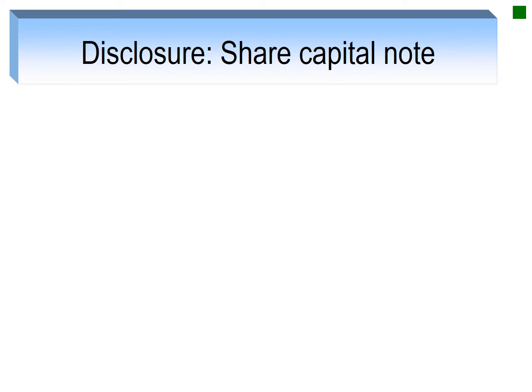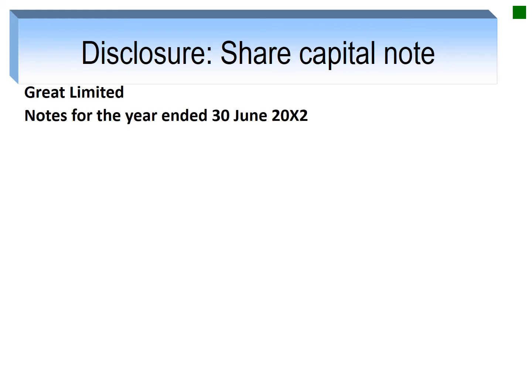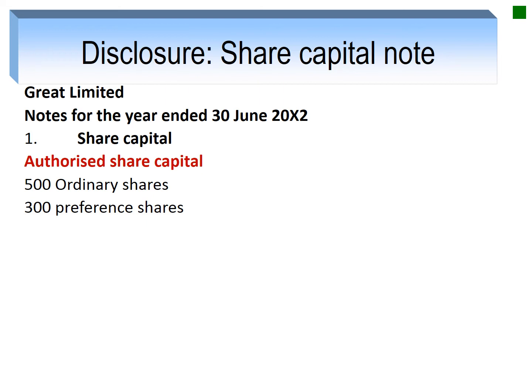So the first thing we're going to look at is the disclosure of the share capital note. Let's just take an example. We've got a company called Great Limited, and Great Limited will have share capital that they had authorized. That means at the time when they were incorporated, they decided they wanted to be able to have 500 ordinary shares available to be issued and 300 preference shares that they wanted to be available to be issued. And we can assume these were all no par value shares because they were issued after the new Companies Act came in. So this is an example of what the note to the financial statements would look like for Great